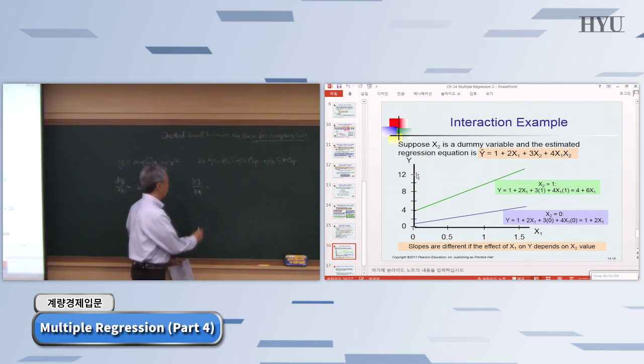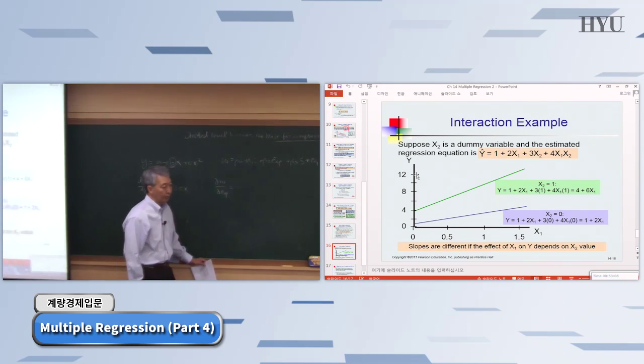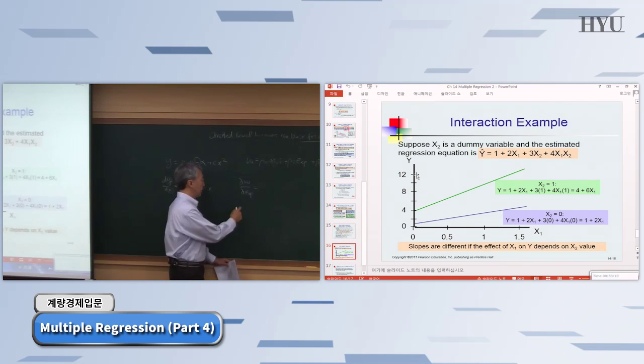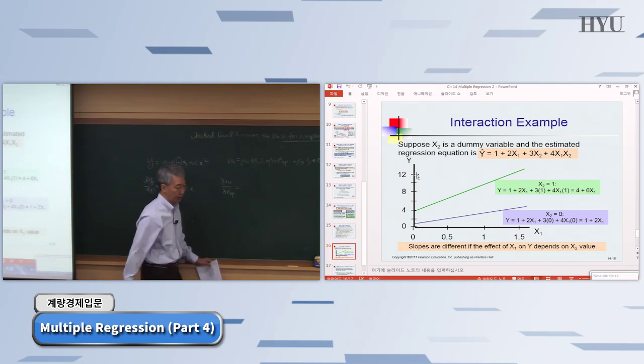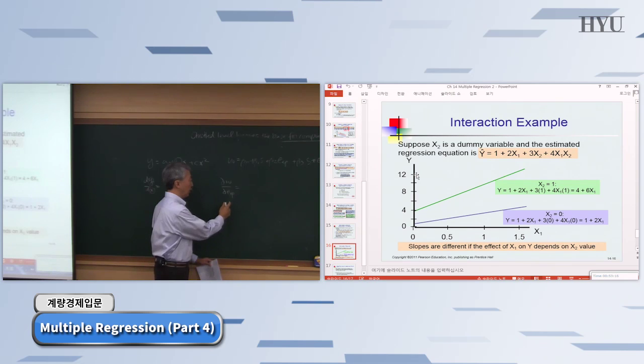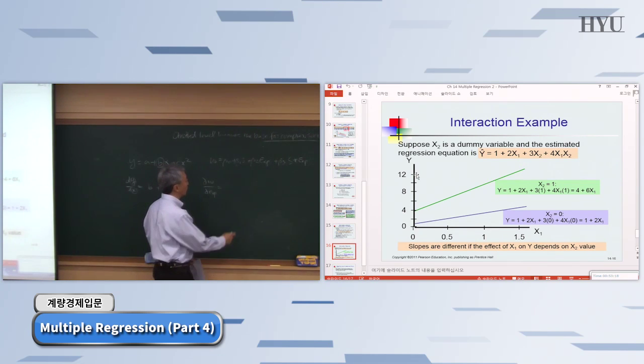And so what we do is a partial of w, wage, with respect to experience. So we want to know the effect of experience on wage. What happens if the experience changes? Well, that's going to be,